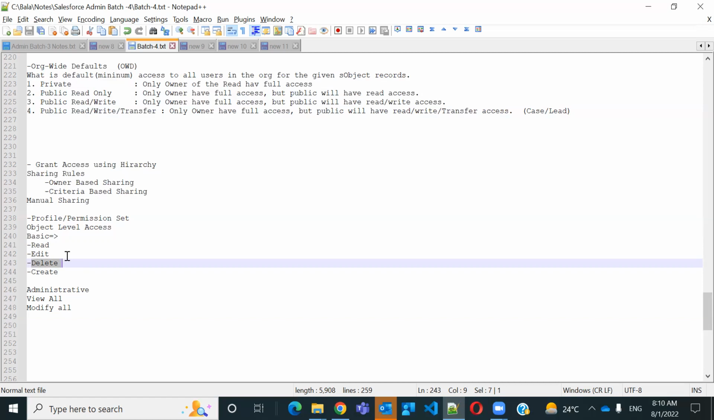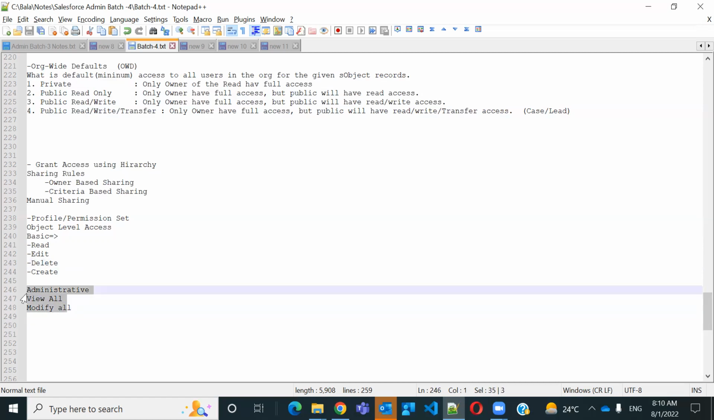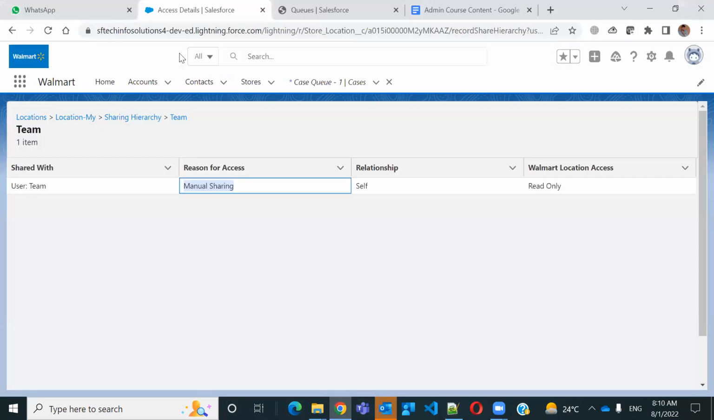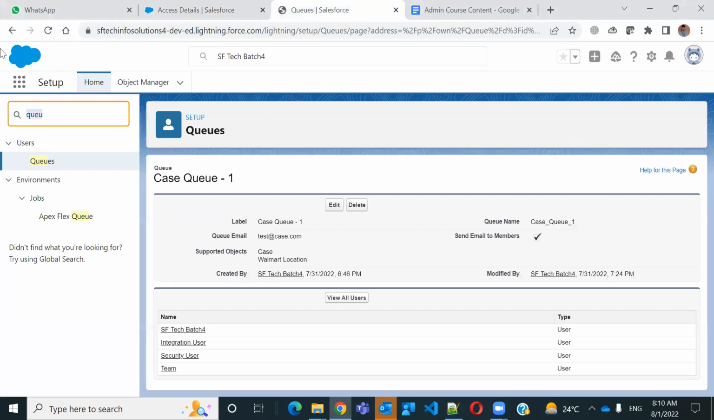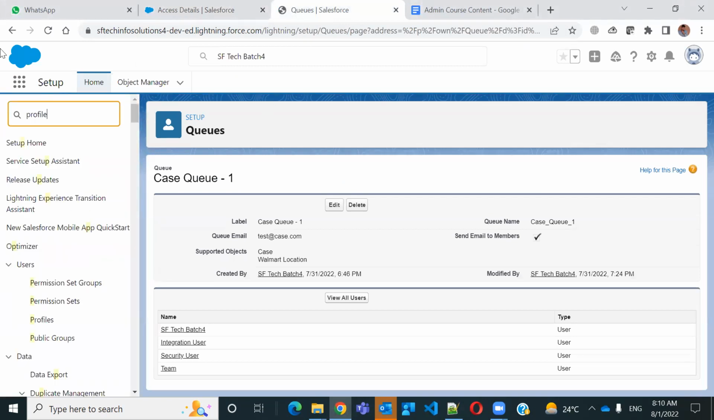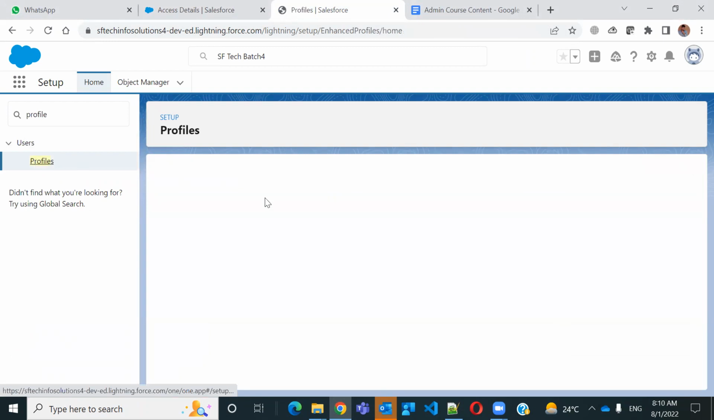If you give administrative access at a profile level, it overrides all your data security and basic levels. That is what it controls. Let me show you where we see this administrative and basic level of access. If you go to a profile, and in the profile go to any specific object,